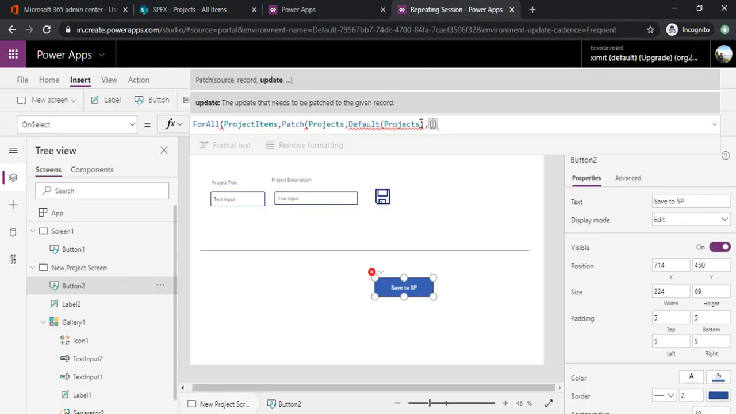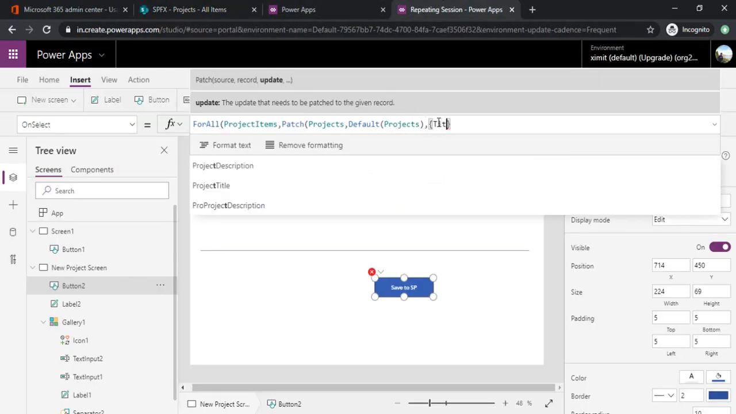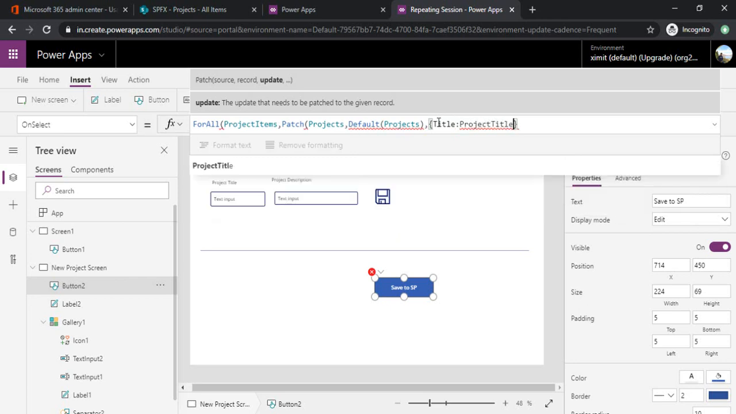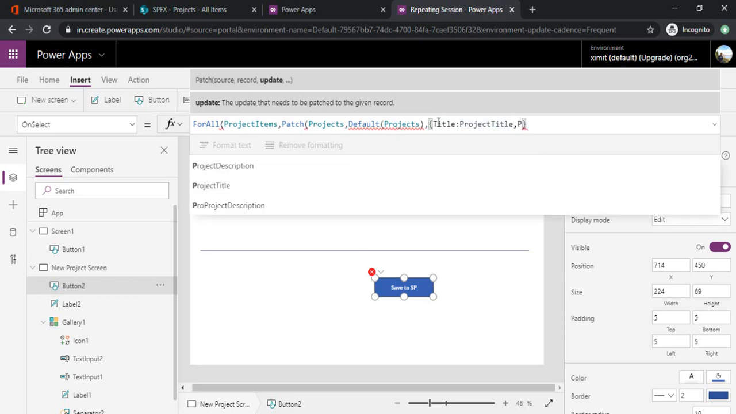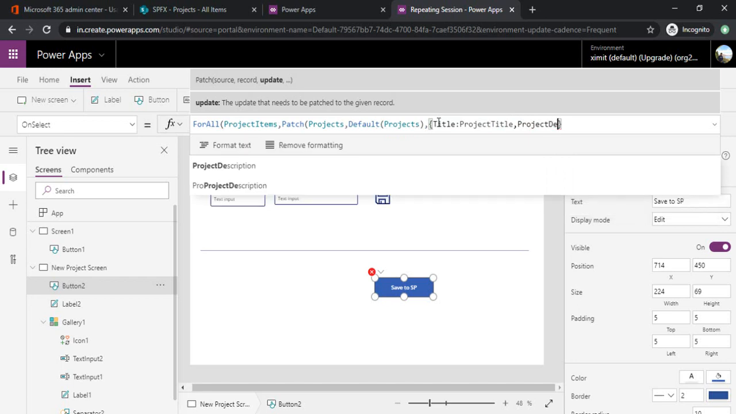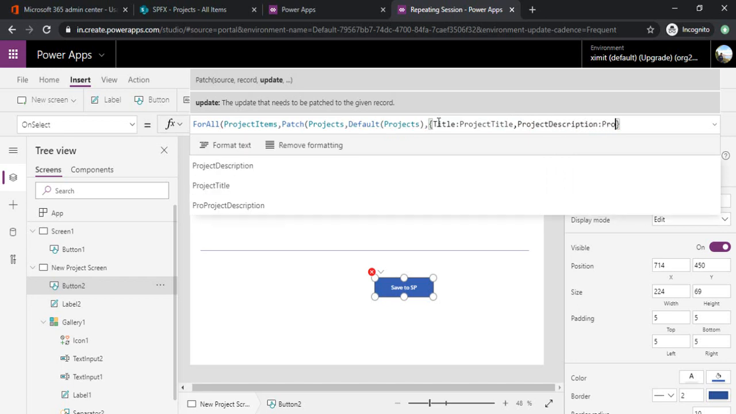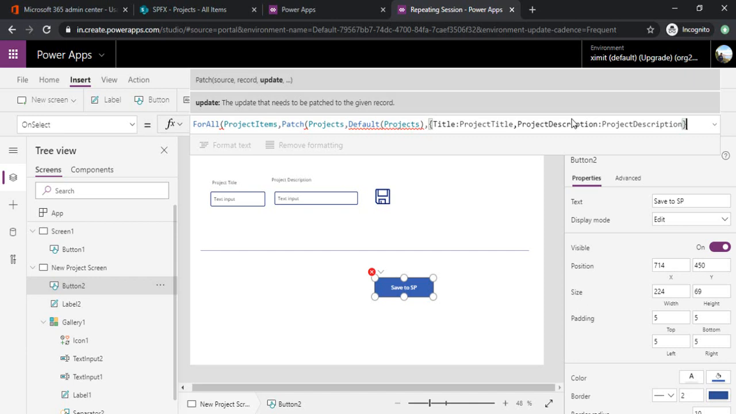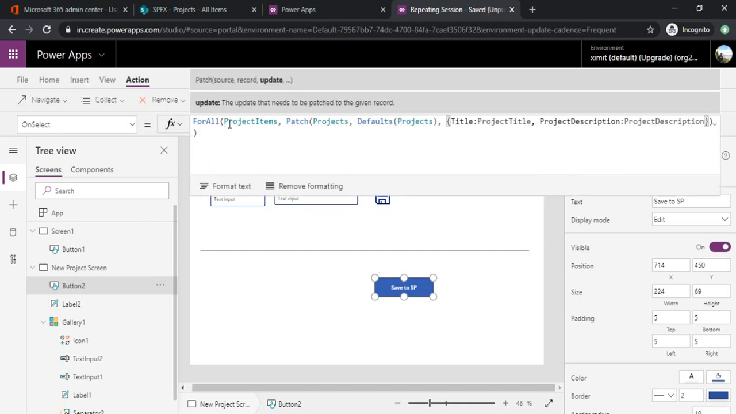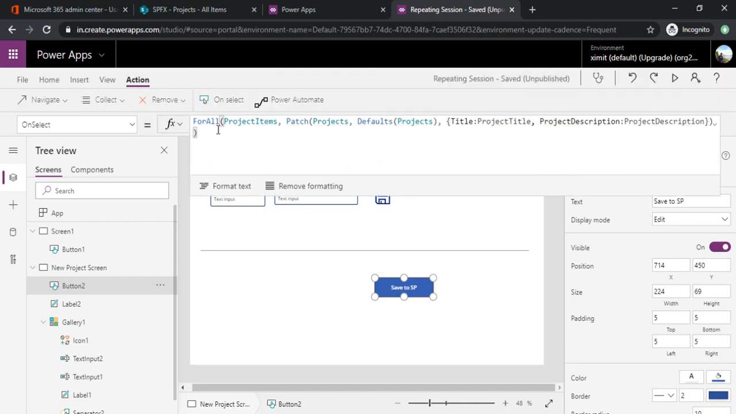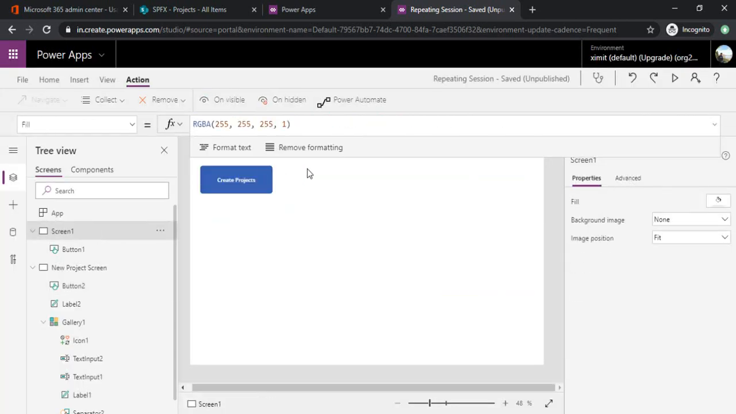So over here in PowerApps, I need to specify the column name of the SharePoint list, which is project title, bind that to the column name in my collection, and the same thing with the project description field, and bind that to my project description, which is in my collection. So we have the formula ready where we iterated through all the projects item, patch that item in our title and project description column. So I'm just saving it, screen number 1,